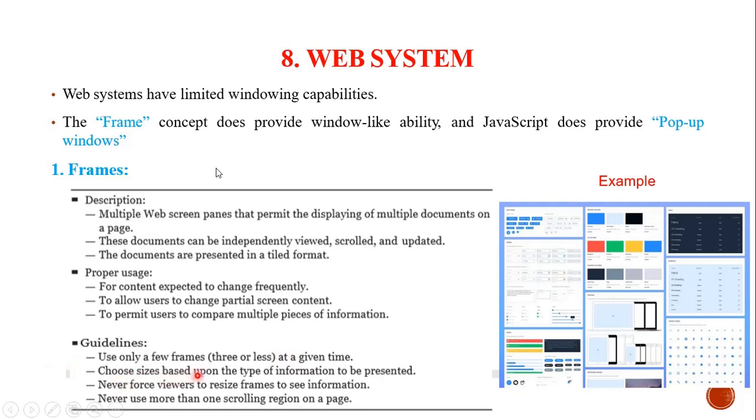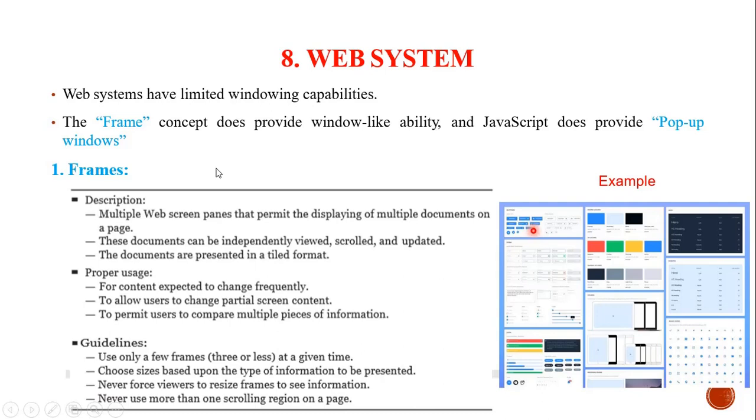Next, choose sizes based upon the type of information to be presented. Based on what kind of information you are going to present, you can choose different frame sizes. Never force viewers to resize the frames to see the information. Think that you are going to present one screen as a very small screen, and you have certain information inside that.